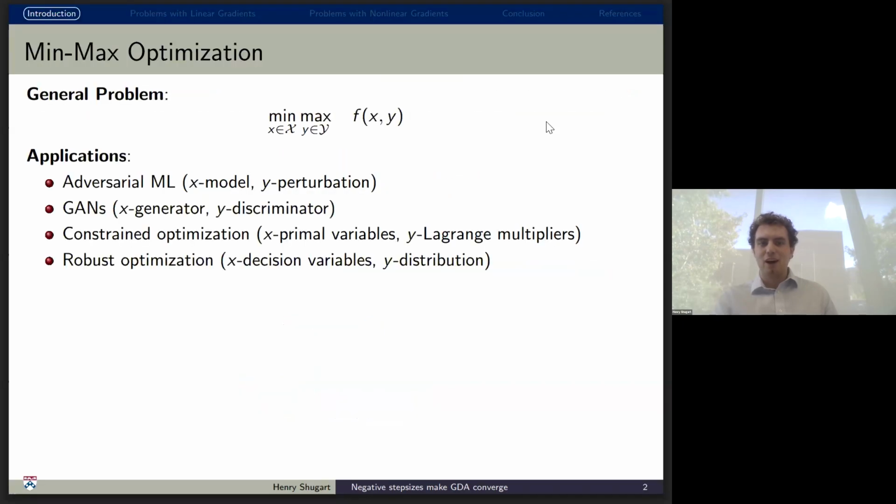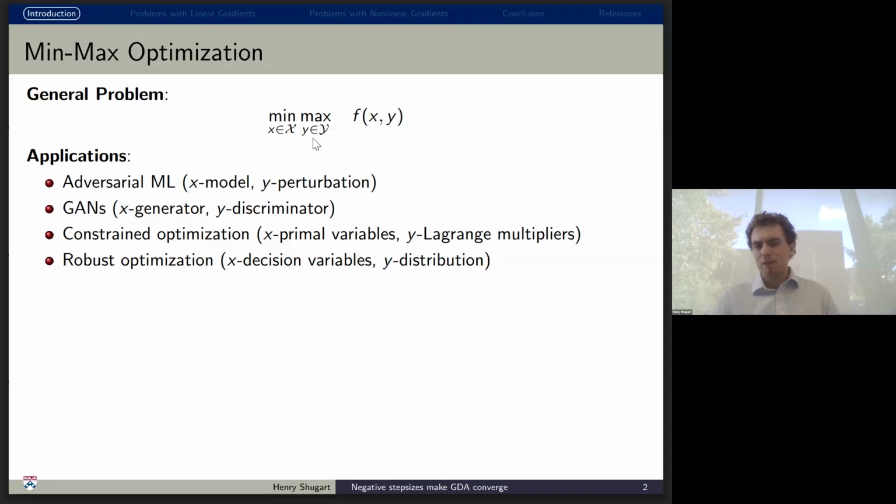So first, to start on the type of problem that we're trying to solve today, it's a min-max optimization problem. So we have one joint objective function f, which we're trying to minimize in one set of variables x and maximize in another set of variables y. And so this general problem setting has become ubiquitous in machine learning, and optimization, and many fields over the past